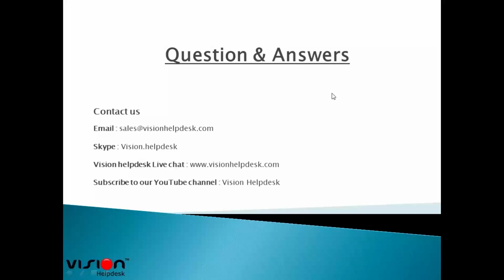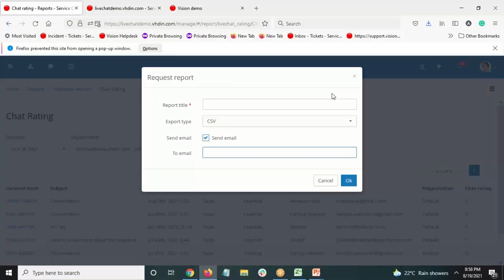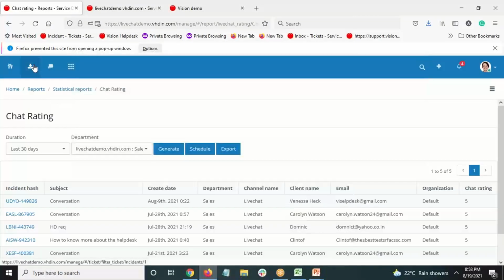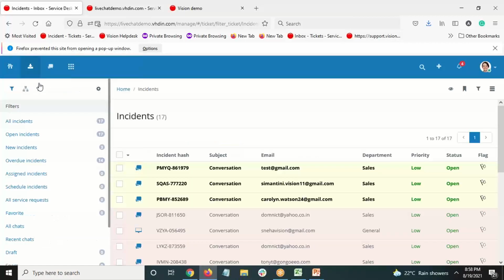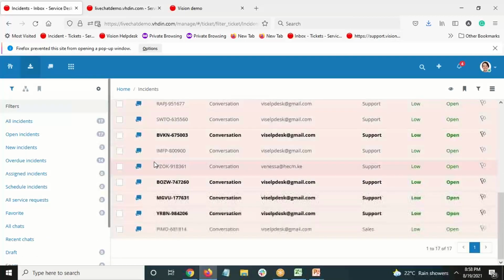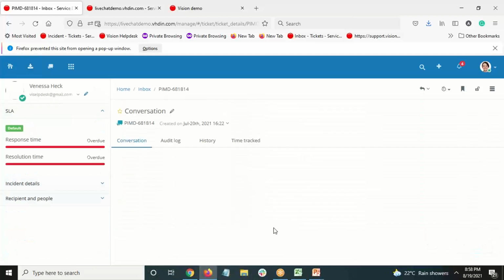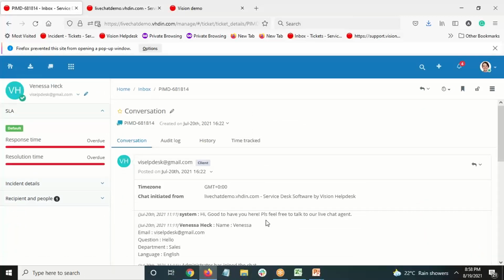So we have another question. Is there any provision to get time spent by my staff on each chat? So yes, we do have that provision. Since every conversation, a transcript is created in the system, that is the incident, and under every incident, you will find a different tab created called as time tracked.